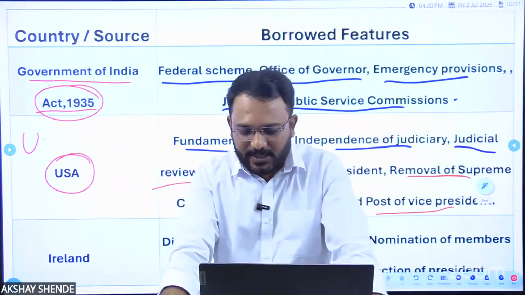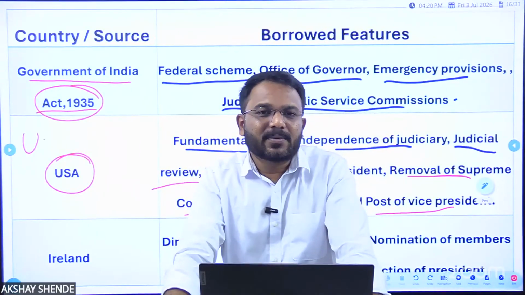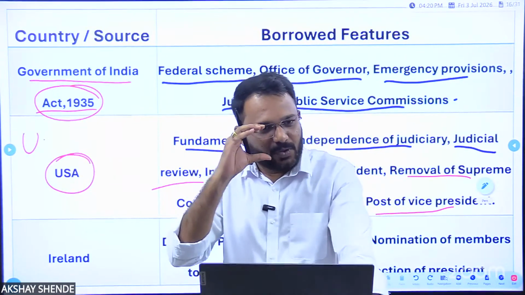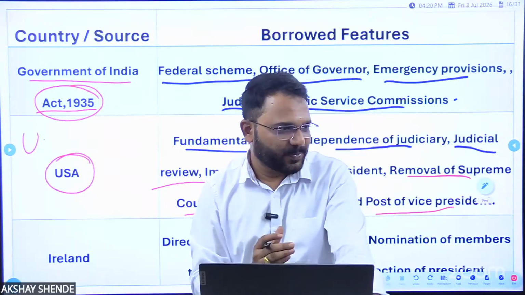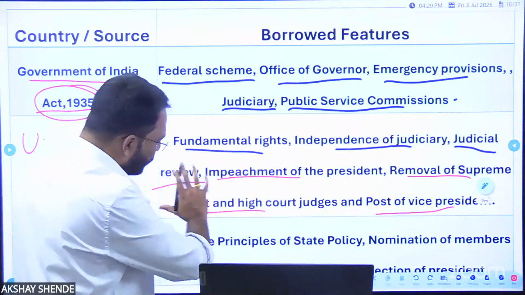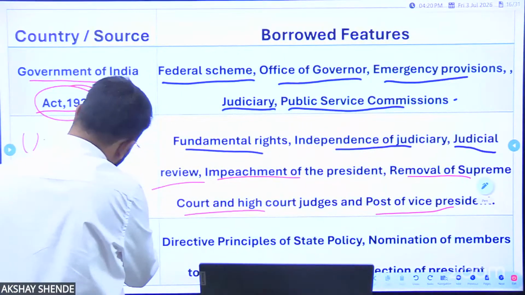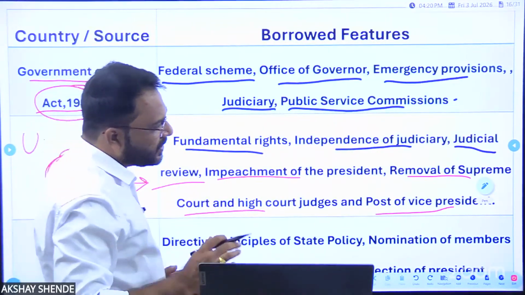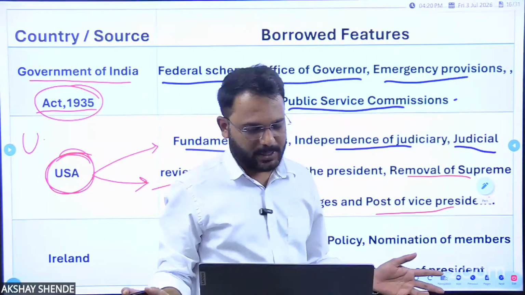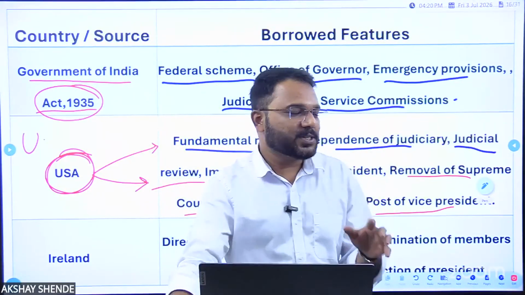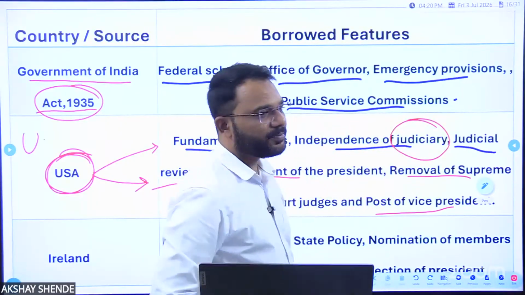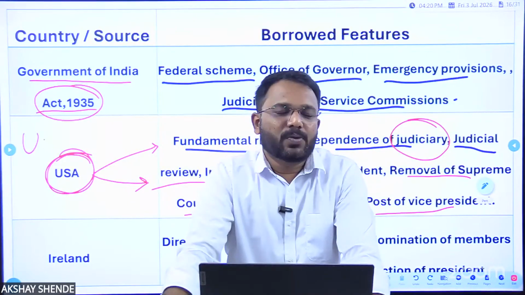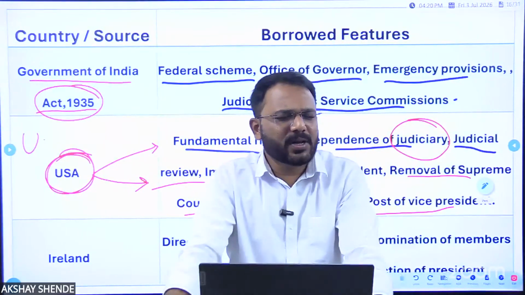तुम्ही लक्षात काय ठेवायला पाहिजे इथे? तुम्ही हे लक्षात घेतलं पाहिजे की ज्यावेळेस तुम्ही अभ्यास करताय ना, तर तुम्ही व्यवस्थित त्याला वाचा आणि त्याला समजून घ्यायचा प्रयत्न करा. आता the moment you start reading all these features which we have taken inspiration from USA, you will try to understand that most of, not all, but most of the features are related to judiciary.